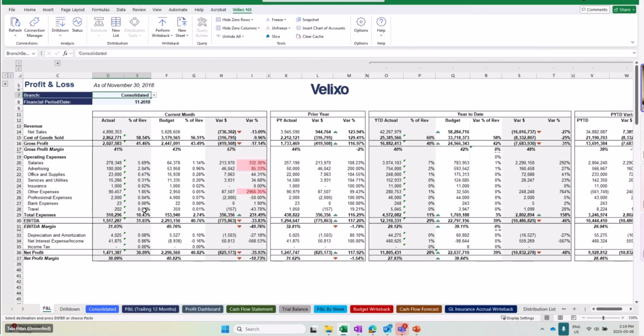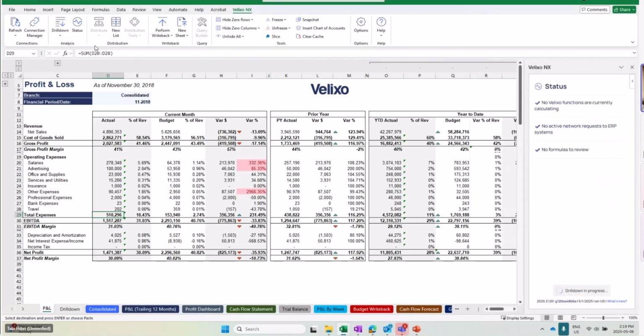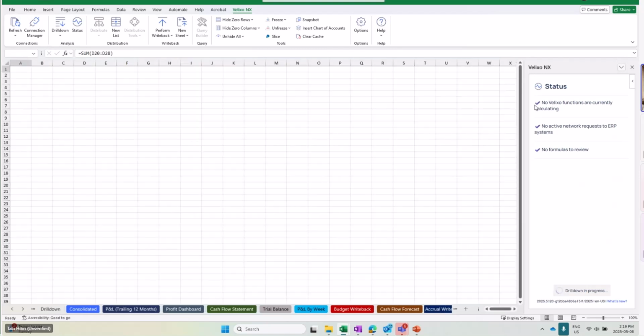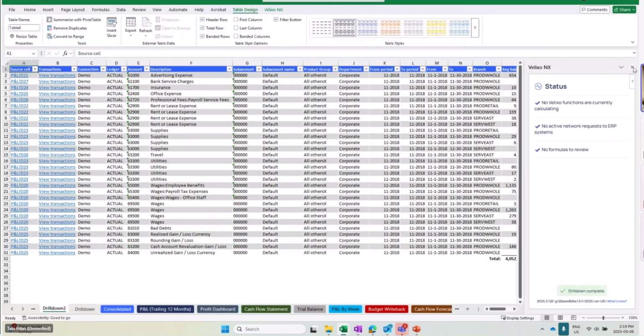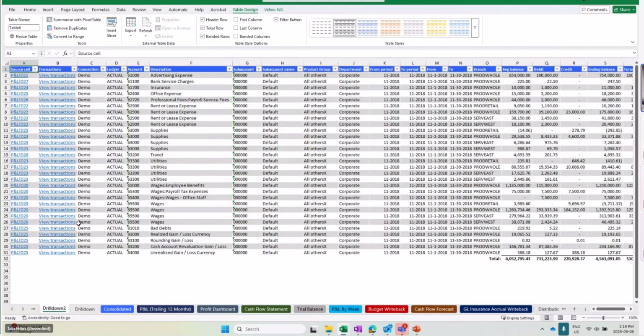Drill down allows you to click on a cell and look at the source transactions. So let's say we have an audit, internal or external, or maybe just the manager wants to know why my total expenses was this high over here on D29. So I'm going to select the cell. I just clicked on it, click on drill down. And after giving it just a few seconds, it's going to create this new Excel sheet with all of the